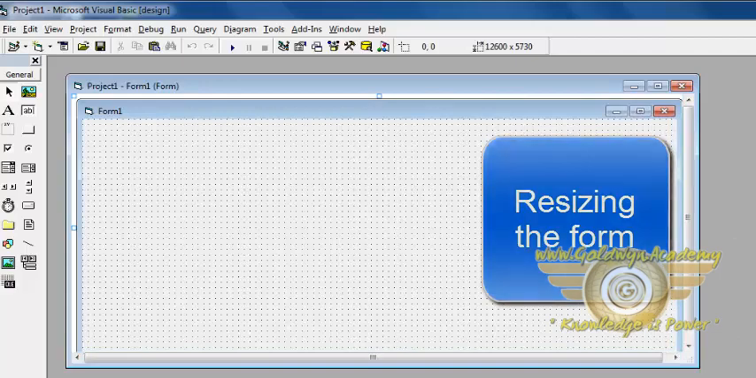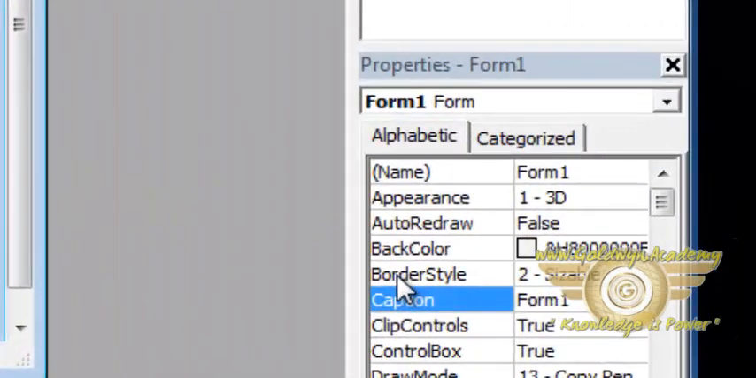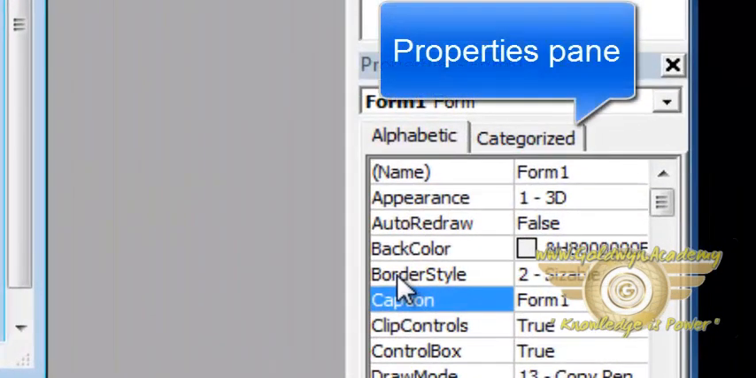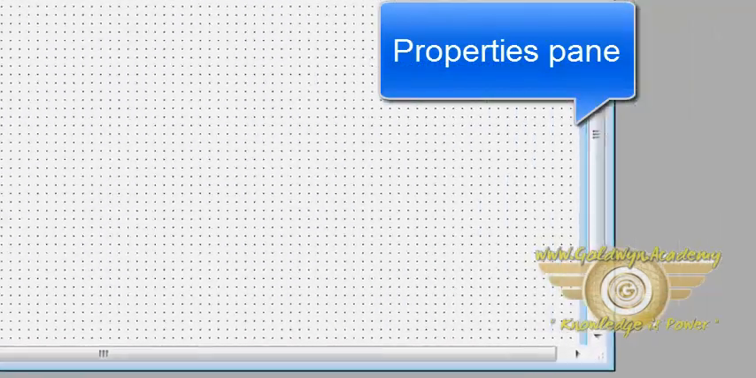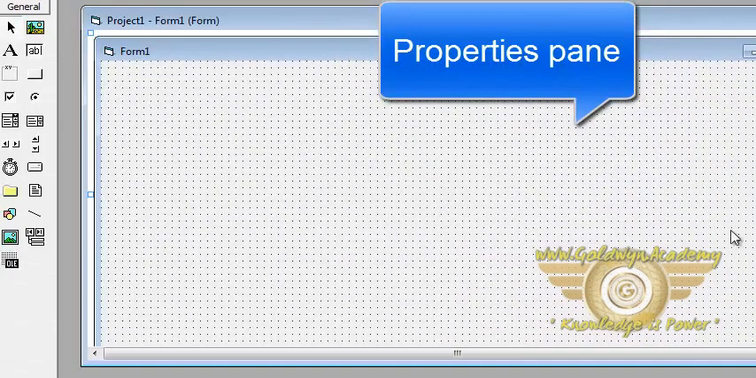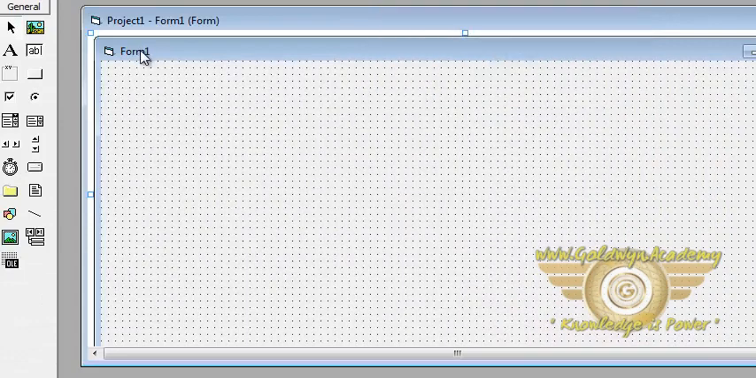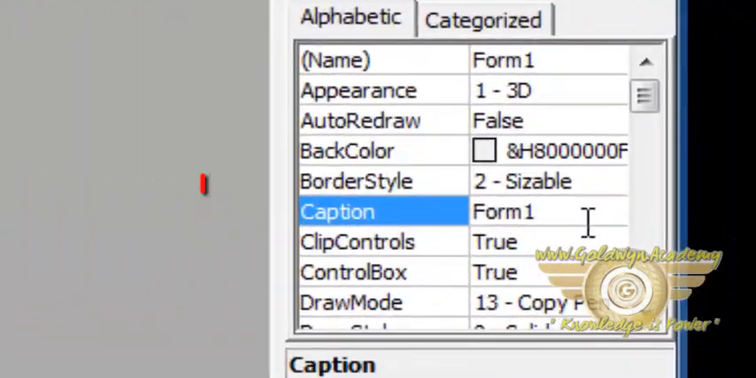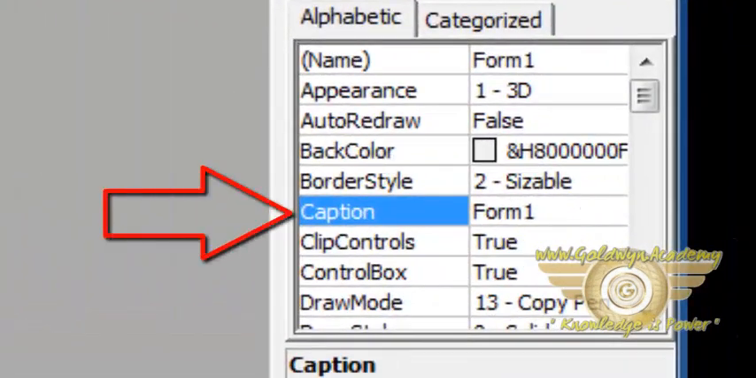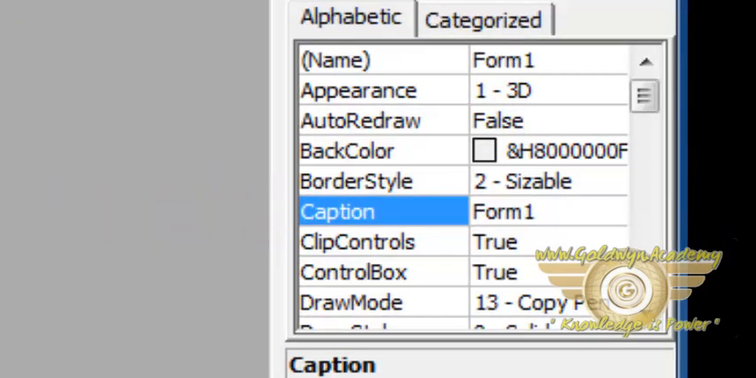Then there are the properties of the form. Properties include back color, border style and so on. You can also set the caption, that is the text which is shown on the form, using the caption property of the form. Now here our aim is to show a message box of hello world when we click a command